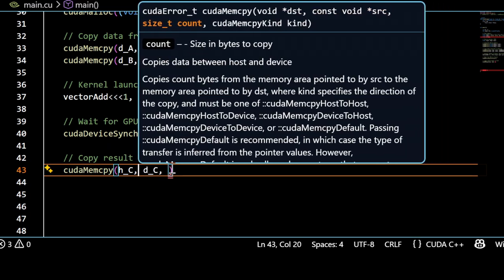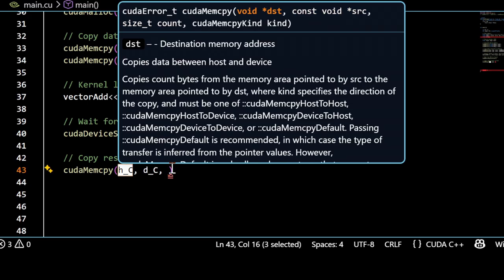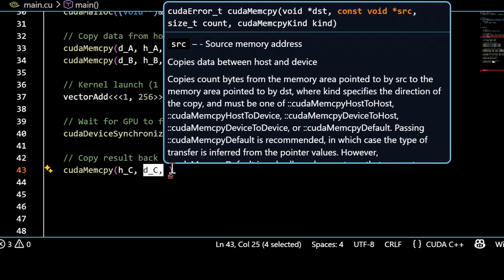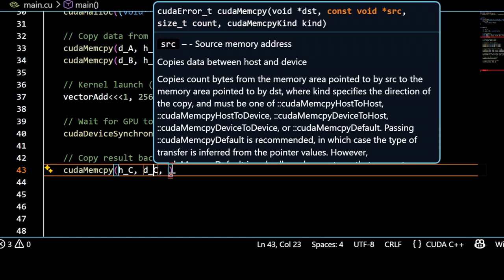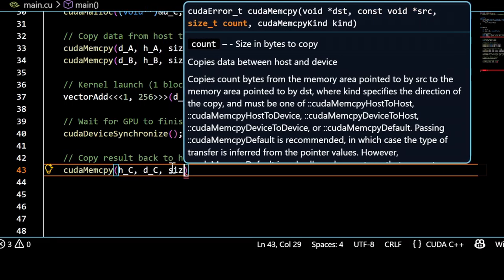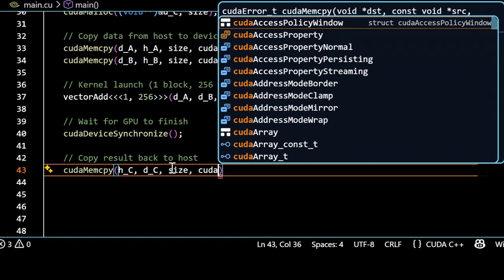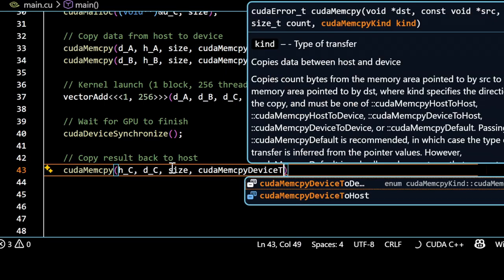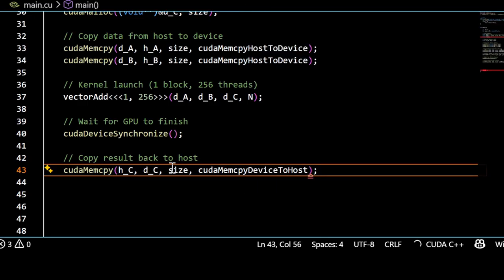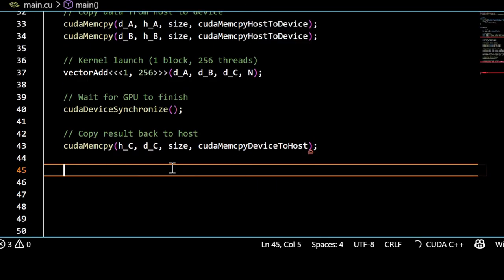The first argument is the destination, and the second is the source. We are copying from device to host, in this case size. And in the host portion of the program, we want to display the result